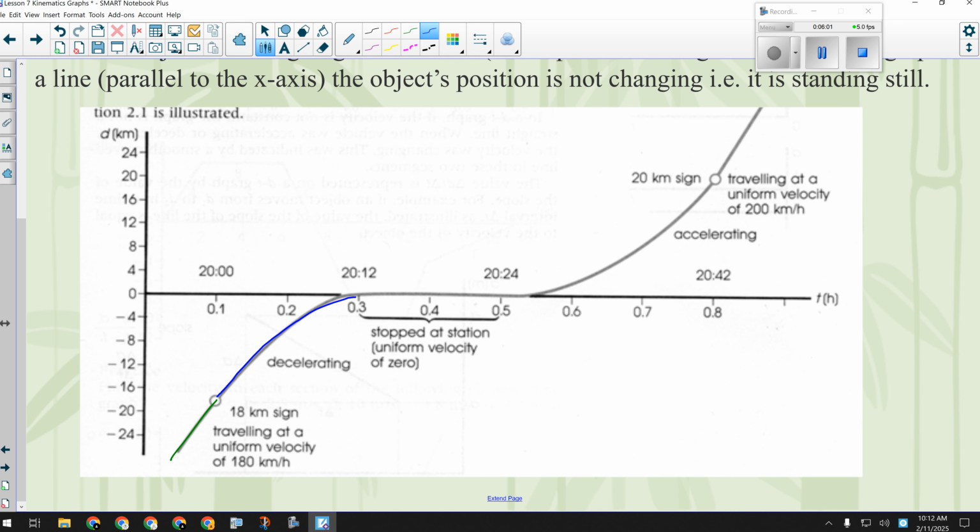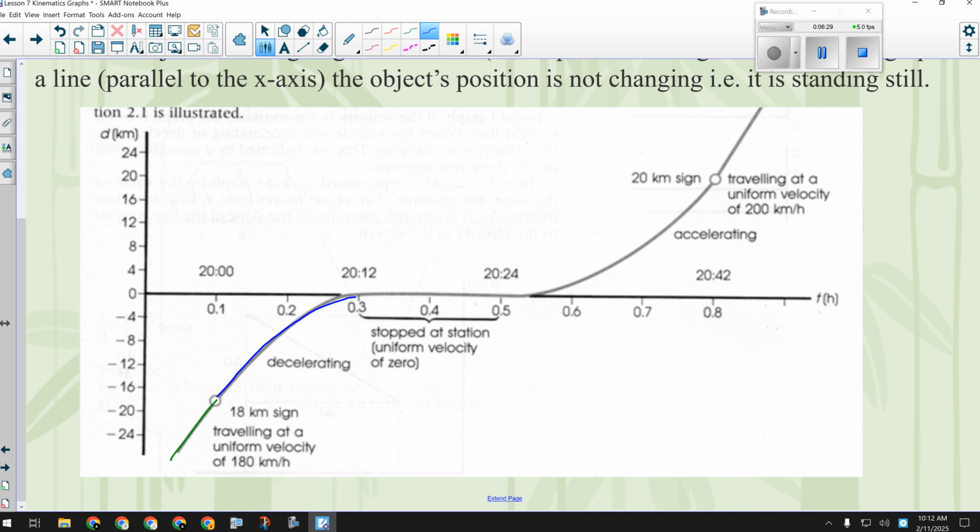All right. Does that also relate to something we learned in Science 10 about the slope of a line on this type of graph? Okay. We just said that if you have a diagonal line on this graph, the object's traveling at a constant velocity. If the line's steeper, are they going faster or slower? Faster. Okay? If the line gets steeper, they're changing their position more every second,